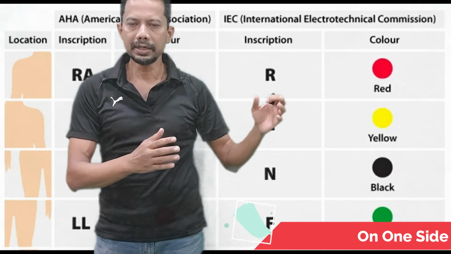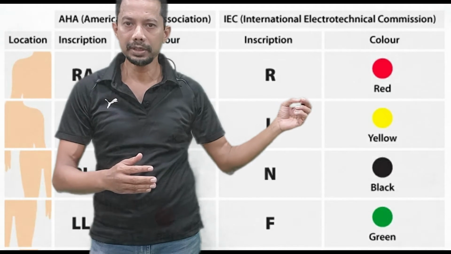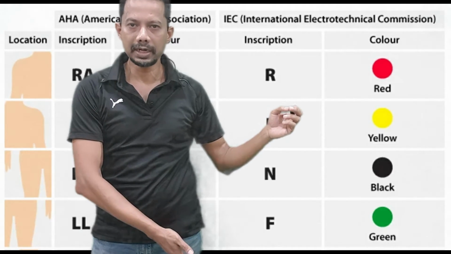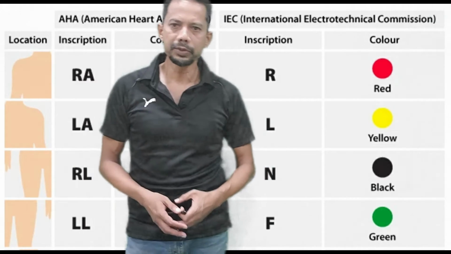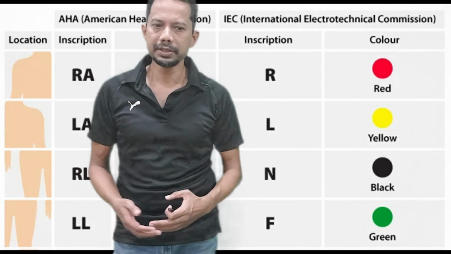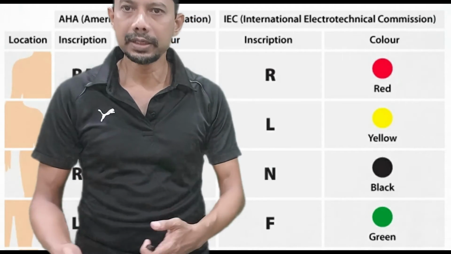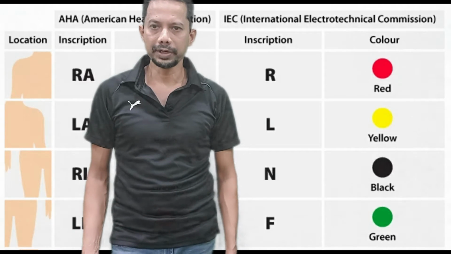Then on the right side, red for right arm. So you pick up the red lead and connect it to the right arm. Automatically one lead is left, that goes to the right leg. So like that you can memorize. It will be helpful to you to take an ECG when there is an emergency. You will not be fumbling and reading what is written on the leads. So just by color you can decide which lead goes where.